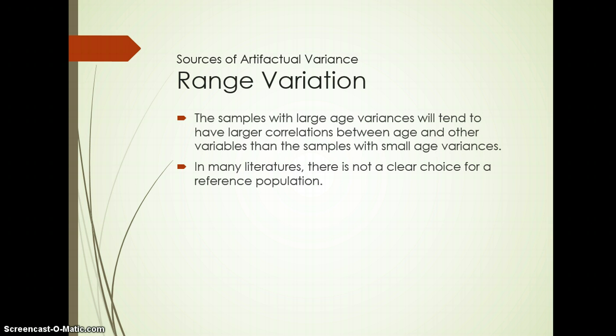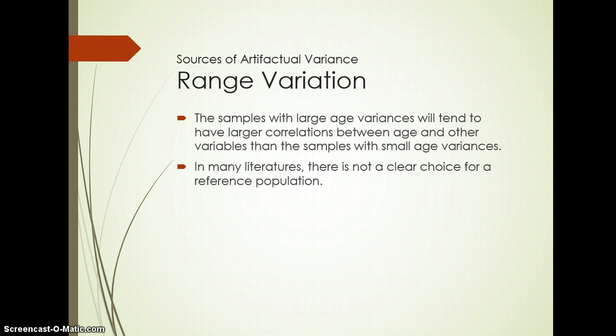smaller age variances. So to correct for range restriction, we oftentimes need to have some sort of reference point in the population. So for example, if we were to use an intelligence test, and we would know that the mean IQ is 100, the standard deviation is 15, and we could say, okay, the standard deviation was only 12 in the study, or it was 20. We know that we have the possibility of range restriction or range enhancement. There are other ways without having a clear reference point, depending on the type of scale that you're using, but